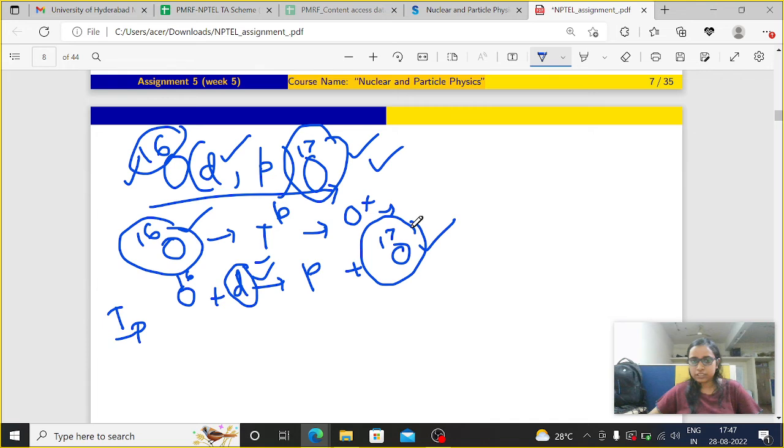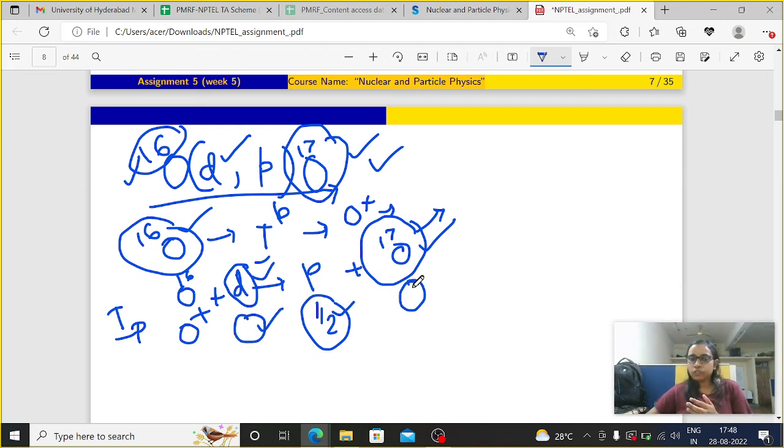How? Like here, oxygen 17, as oxygen 16 is 0 plus, and proton is obviously a spin half particle. So depending upon the deuteron IP configuration, we can say what will be the configuration of oxygen 17 in that reaction. As we know that oxygen 16 configuration is IP equals 0 plus. So just depending on the values of L, values of I for deuteron, we can say what will be the outgoing particle's configuration, the nuclear configuration. So this may be one of the importance of direct reaction. Just seeing this direct reaction expression, we can say what will be the IP value for the outgoing particle